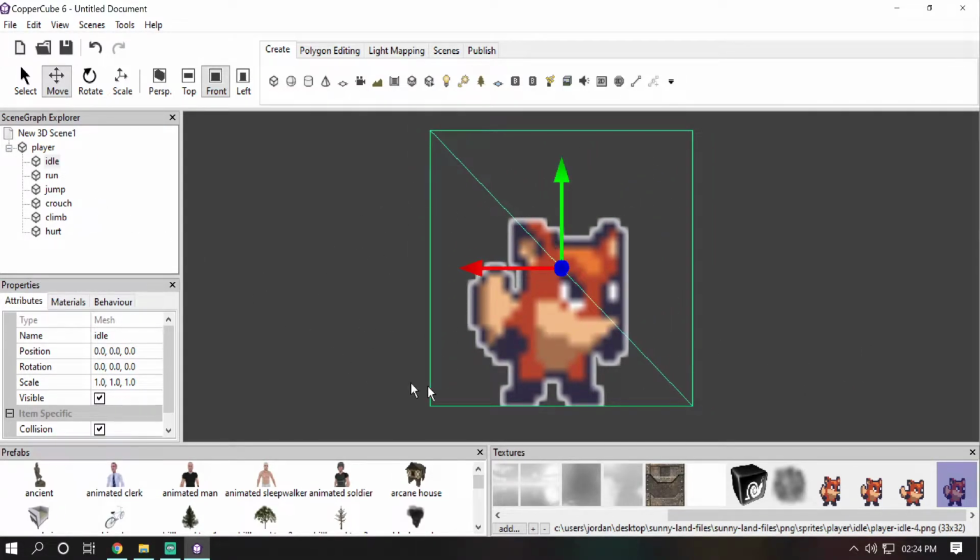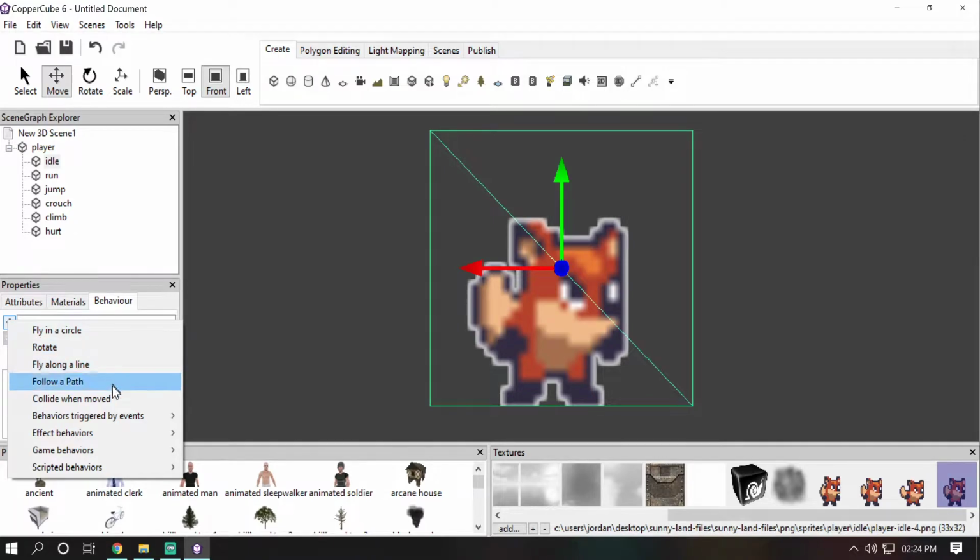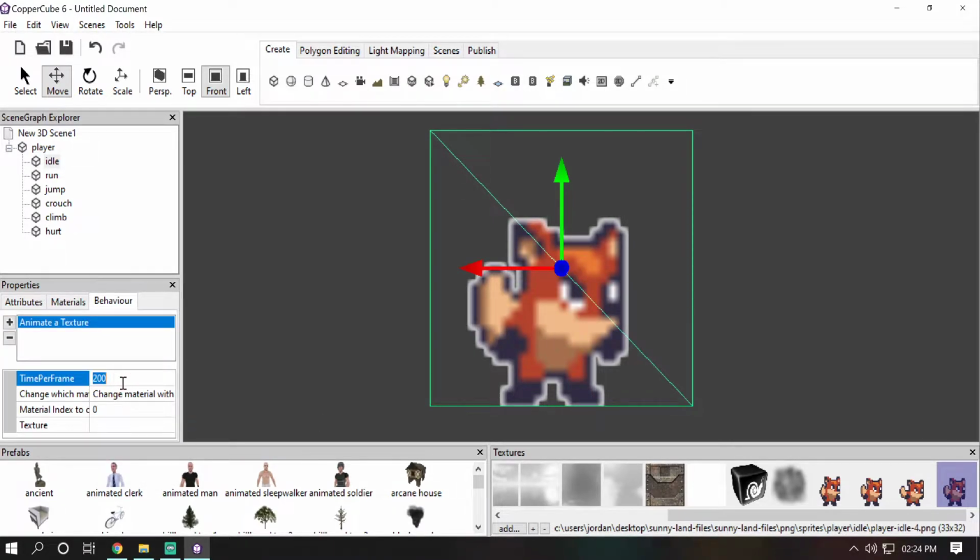Now we are going to apply animations to all these nodes. First we are going to apply the idle animation. Go to the behavior tab of the idle, then click effect behaviors, animate a texture, set time per frame equal to 100, hit enter, go to texture,